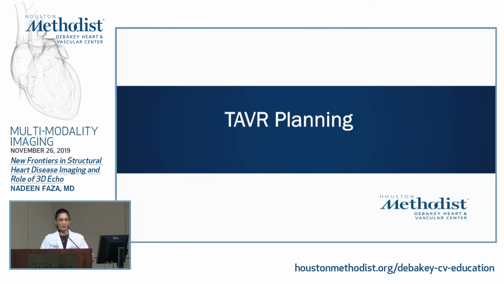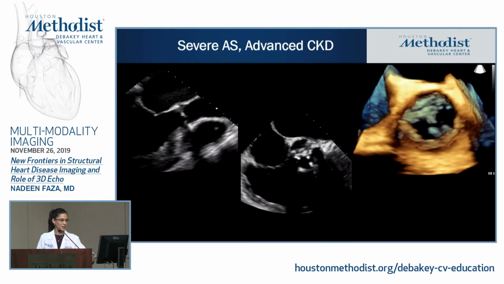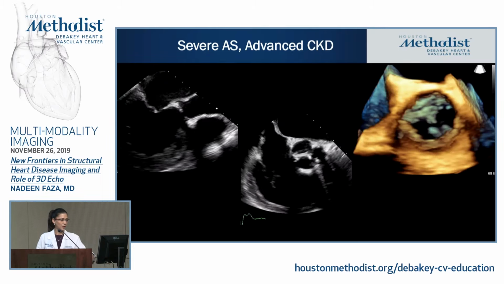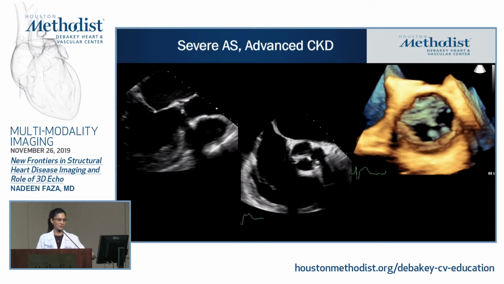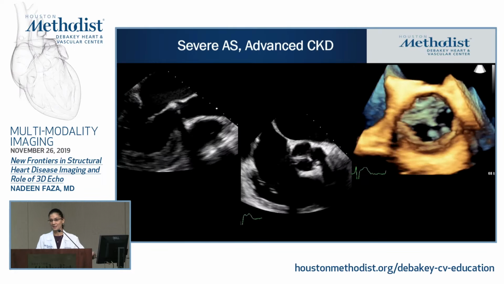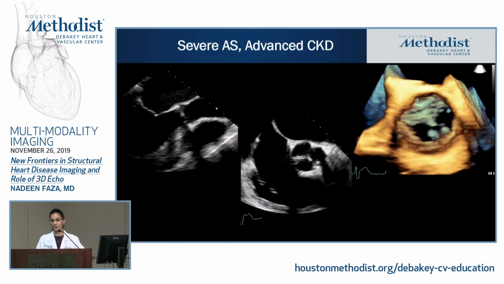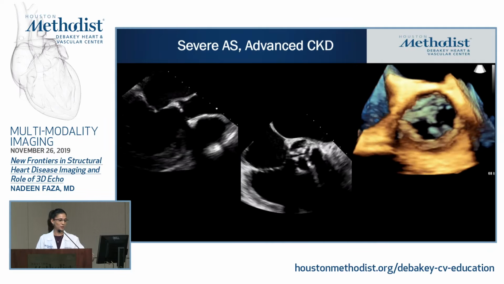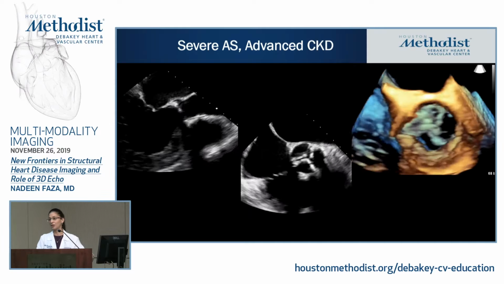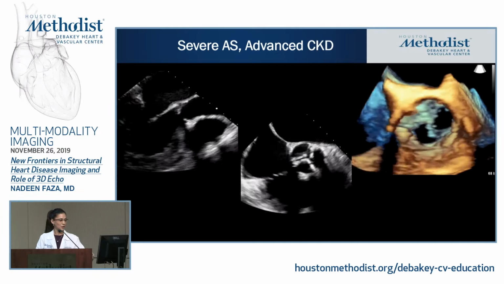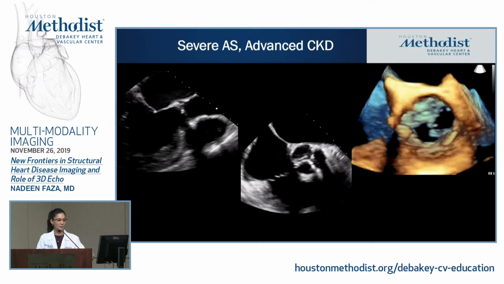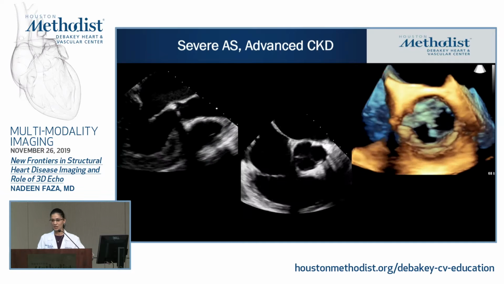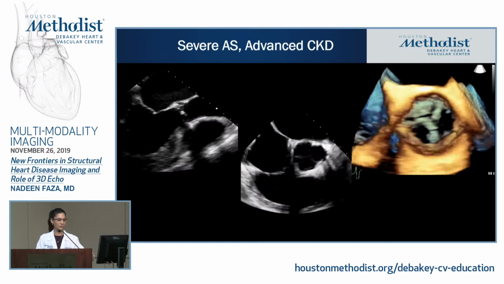All right, we've talked about planning mitral interventions. What about aortic valve interventions? This was a patient who came to our clinic with severe aortic stenosis, but had very advanced CKD with a severely reduced GFR, was claustrophobic, had a device, so we couldn't do a CTA or an MRI to get annular dimensions pre-TAVR. So what we did was a 3D echo to determine the annular measurements,